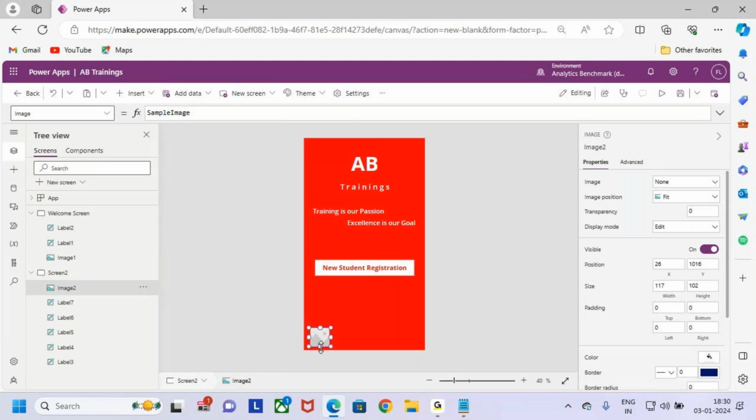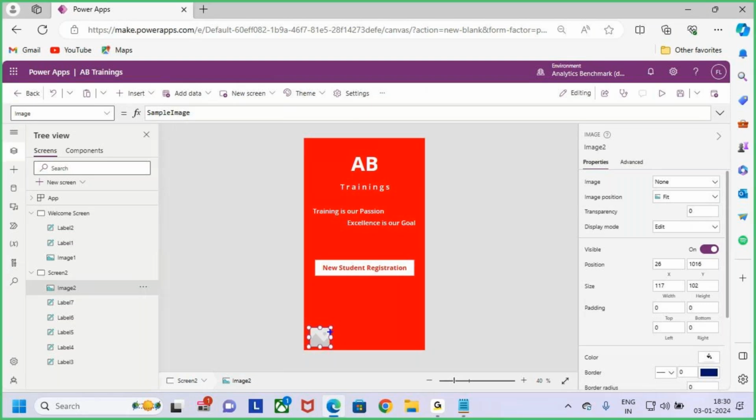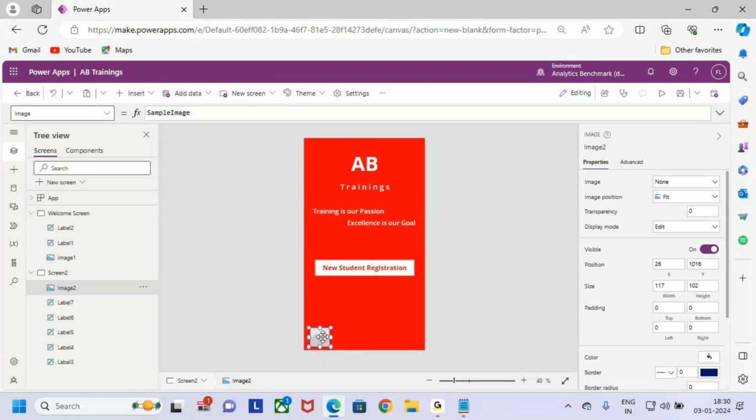Keep it here. Now in this is the image, guys. In this image I want to show the phone icon, phone image or an icon. Now how to go and show the phone icon in this image control? So in order to add the phone icon, select the image control, and then